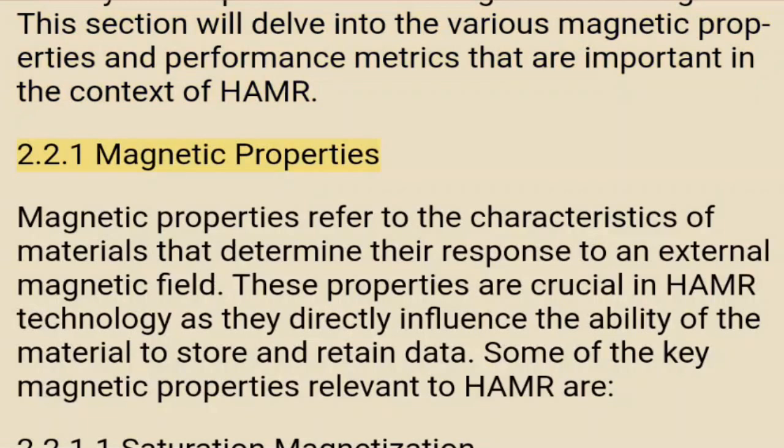2.2.1 Magnetic properties. Magnetic properties refer to the characteristics of materials that determine their response to an external magnetic field. These properties are crucial in HAMR technology as they directly influence the ability of the material to store and retain data. Some of the key magnetic properties relevant to HAMR are